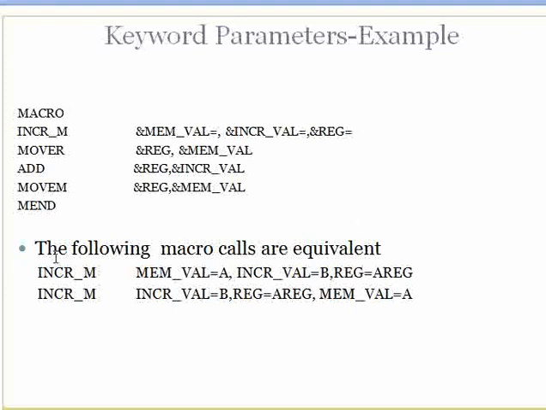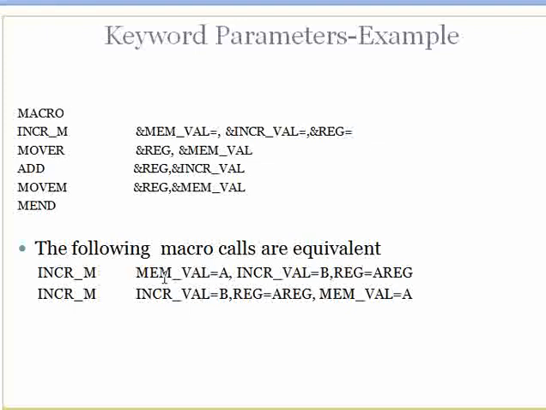Now how can we give values to these parameters? First, we have to do it using the macro call, so that would lead to the expansion. First we give the name of the macro of which we want expansion to take place.